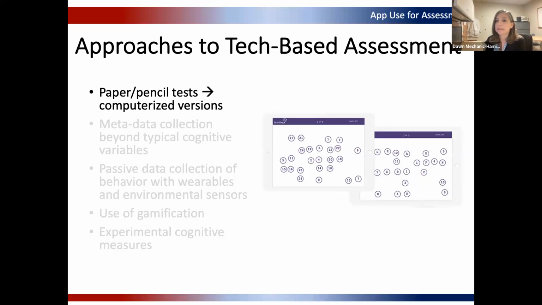One is to take typical paper-and-pencil tests and create computerized versions, a direct move from standard administration to electronic measurement. That can really help with standardization of doing the tasks and with very quick scoring, and can increase the potential for using things like item response theory, which are methods for reducing the time burden of these kinds of tasks.